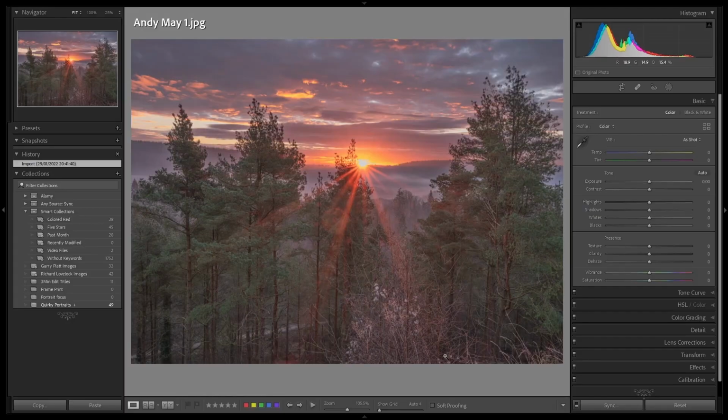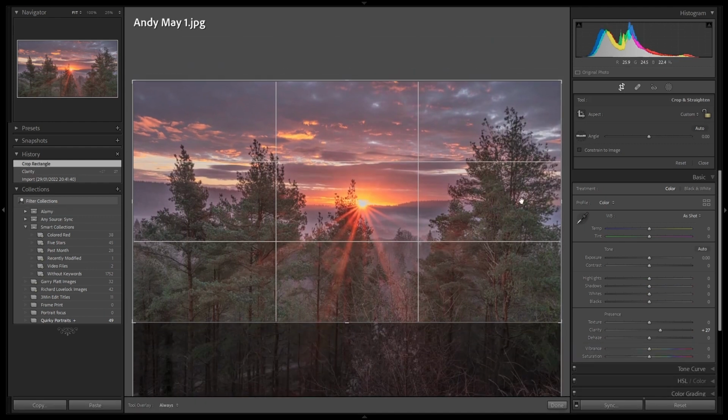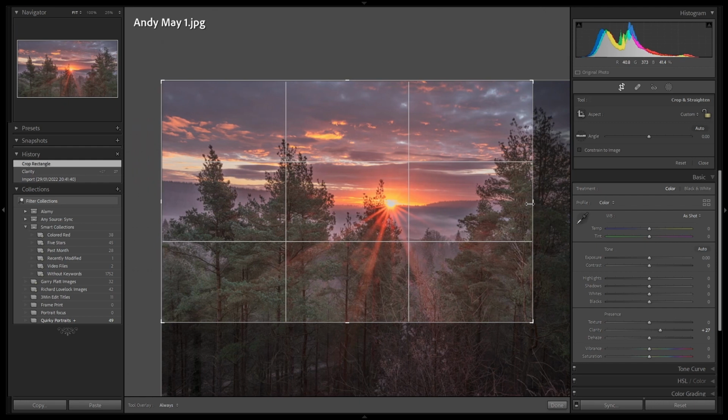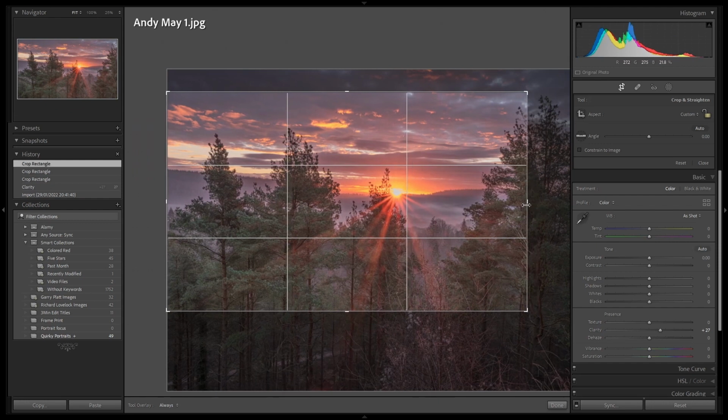So the easiest way to add that little bit of extra detail is the clarity slider, and I would just bring it up slightly on there, and I think that's about all it needs. I do like the image. If there's one thing that I'm slightly uneasy about, it's having the sun not far off centered in there, and I think it would be stronger more off to one side. So I'm just going to have a look what crops might work with this, where we could get it a little bit more over the third line,